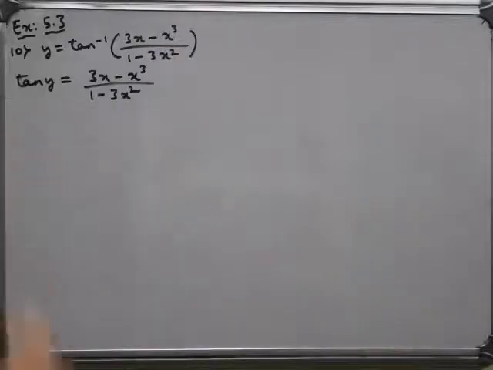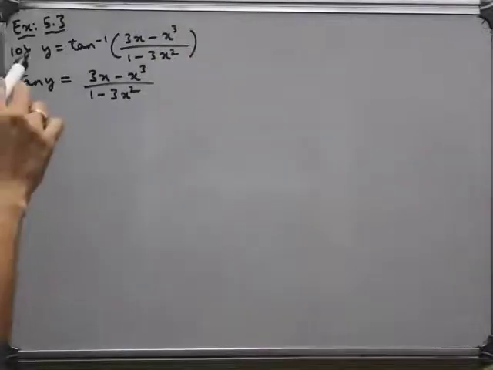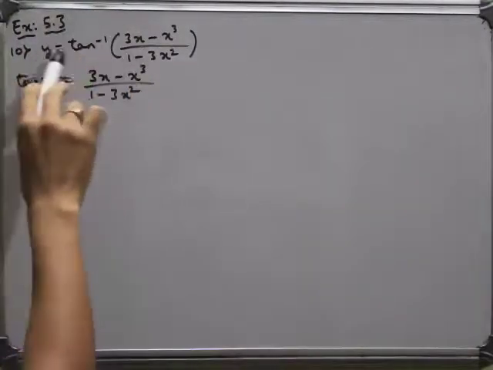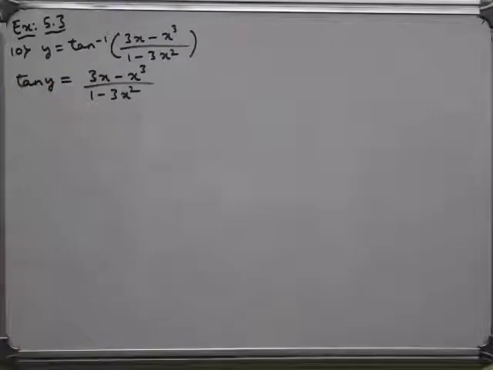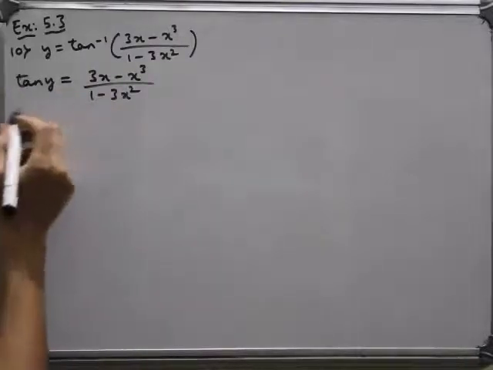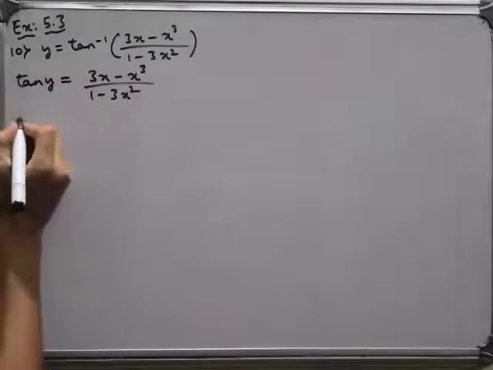Now this becomes an implicit function. Tan y is equal to 3x minus x cube by 1 minus 3x square. Earlier, the functions were explicitly defined: y was explicitly defined as a function, tan inverse of 3x minus x cube. In this case, it becomes an implicit function. Now, if you differentiate this, how can we write it?